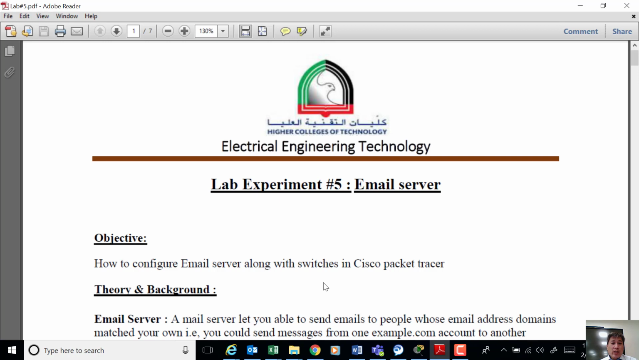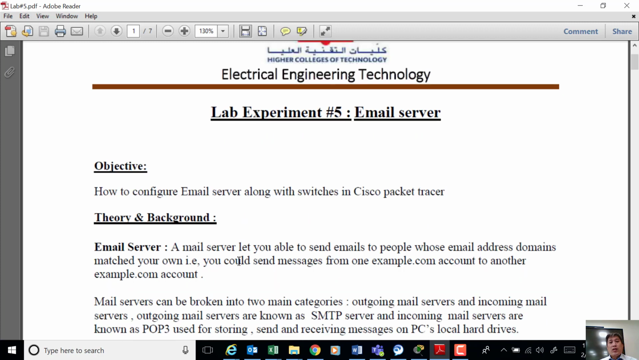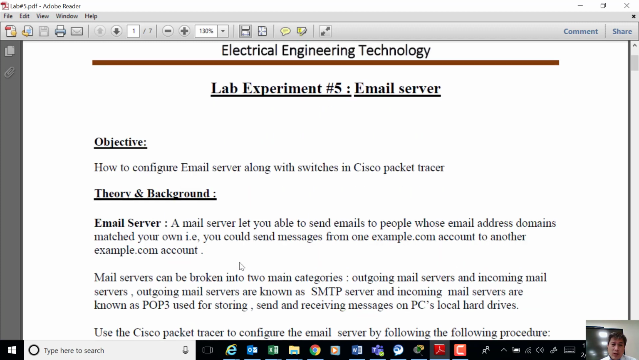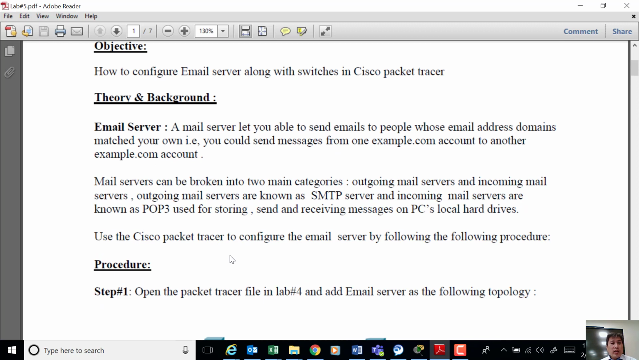All right, so today's lab is laboratory number 5, and the title of this experiment is the email server. The main objective of this laboratory is to learn how to configure an email server along with the switches in Cisco Packet Tracer. To give you the theoretical background, email servers or mail servers